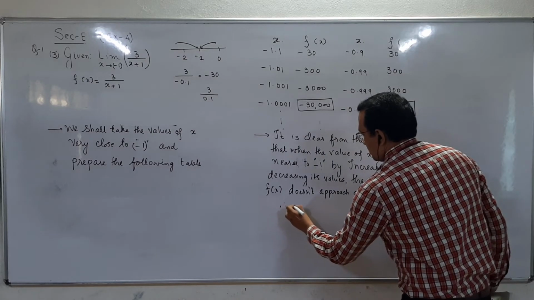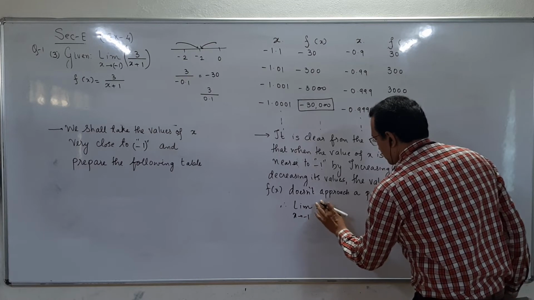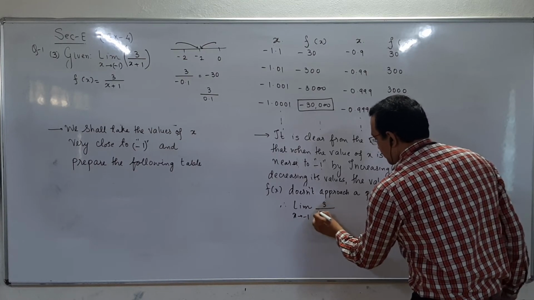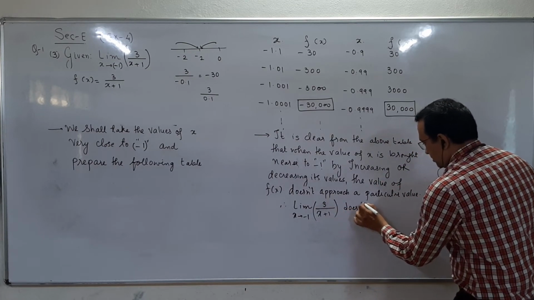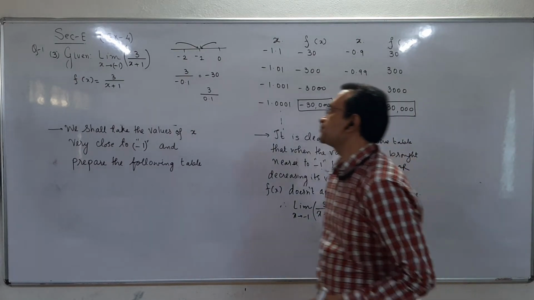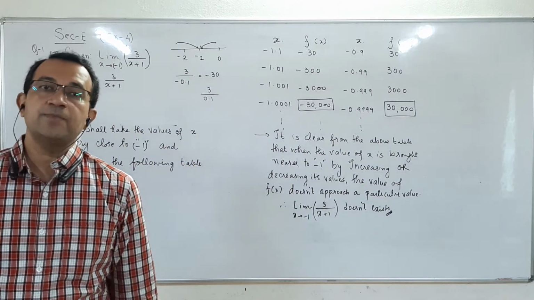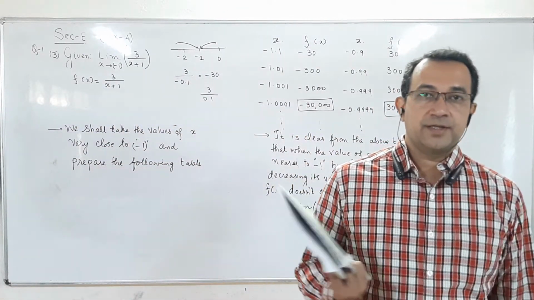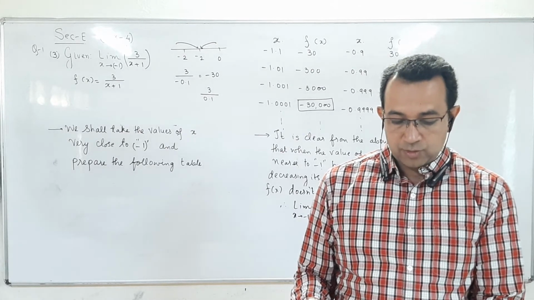Therefore, limit x tends to minus 1, 3 divided by x plus 1 does not exist, hence true. So every time, students, these are stereotype common sums. Now, students, I am very sure that by this time you would have understood how to do this